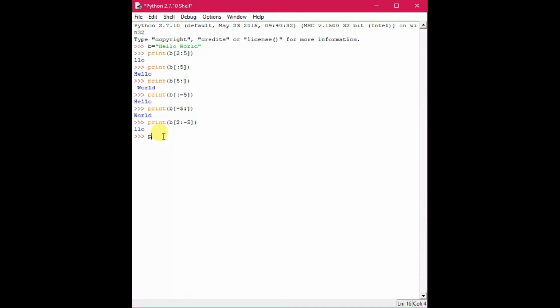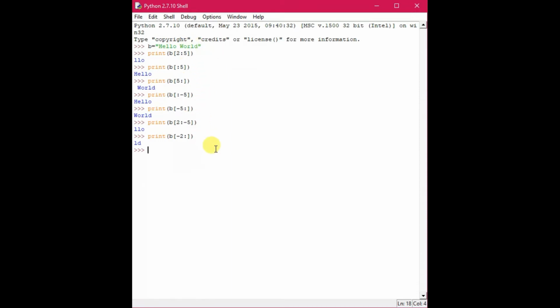Now say I am giving print b[-2:]. Then it is coming as ld. So b[-2:] means the rest of the characters have been truncated and minus 2 has given you ld.